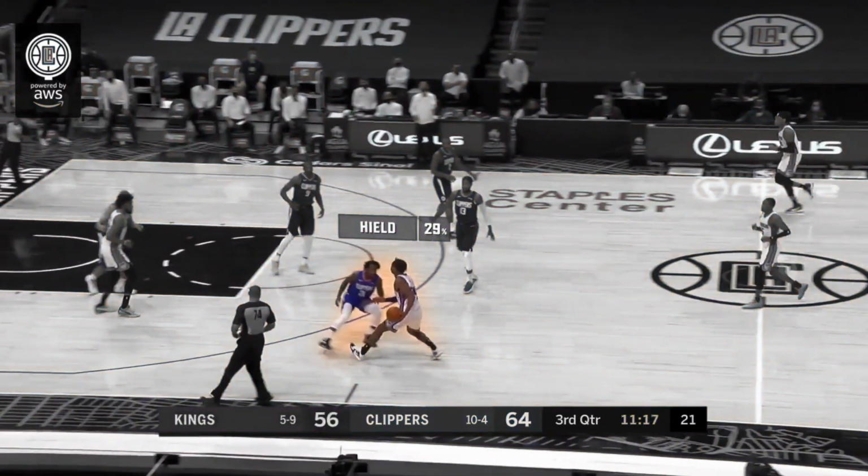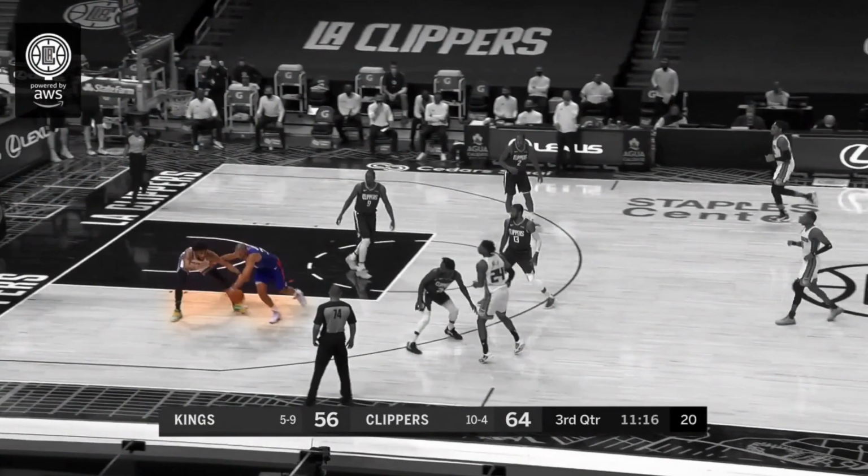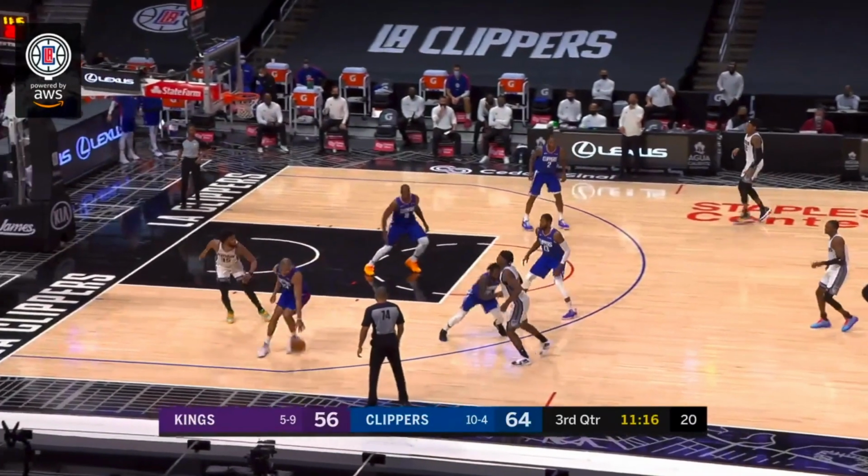Patrick Beverley stops Buddy Hield early in transition, and we're going to see an entry pass to Bagley that Batum gets over the top of, and he is able to deflect the ball and get the Clippers yet another steal